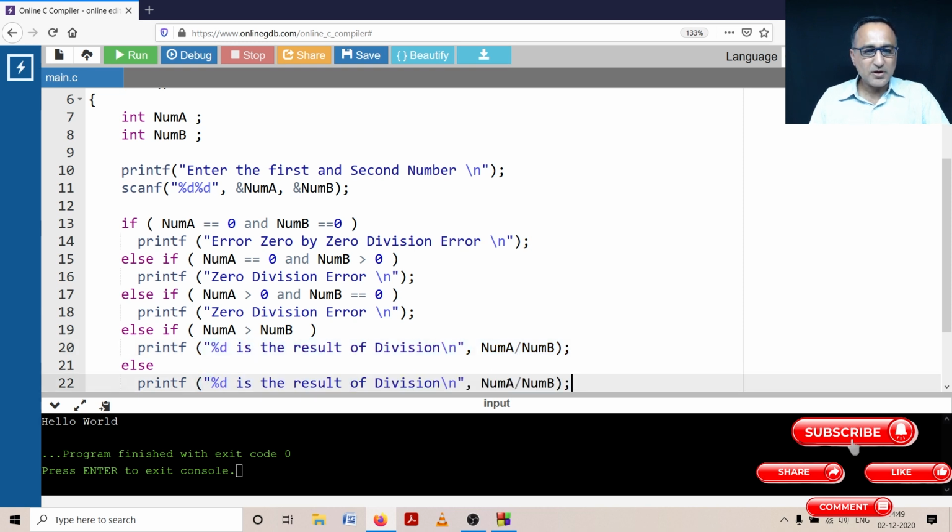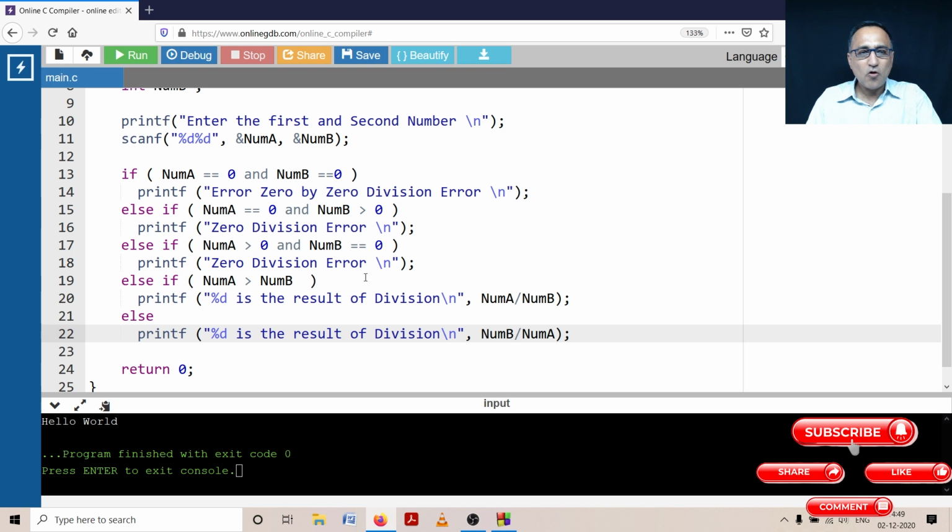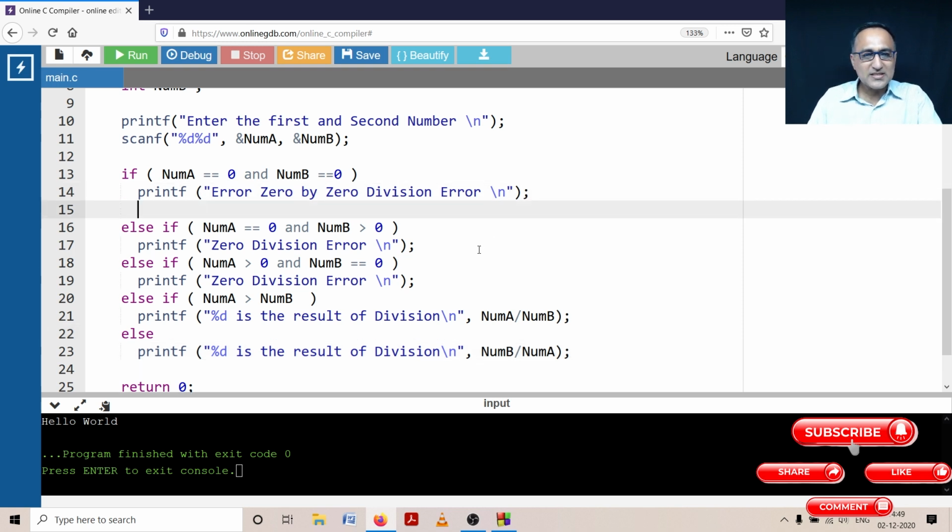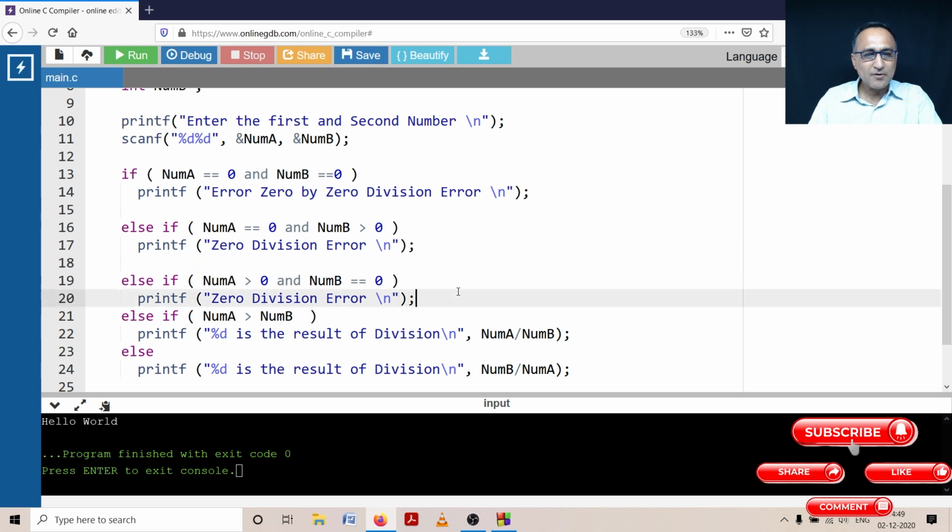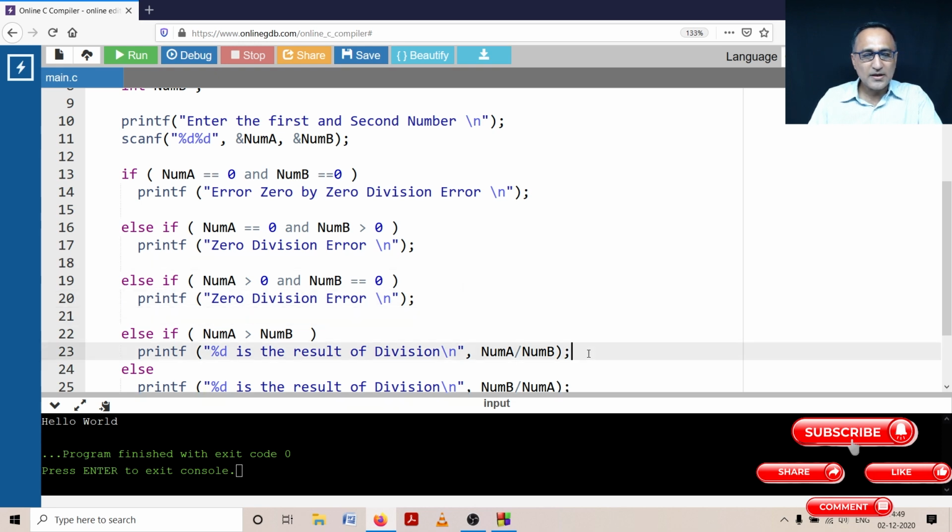If this logic is looking a little odd to you, please take a look at the video in the description section. The algorithm for this is given in the description section of this video. By clicking on that, you will get a detailed explanation of how this particular program should work. But anyway, I'll still try to explain it with the help of a few data points and few numbers.